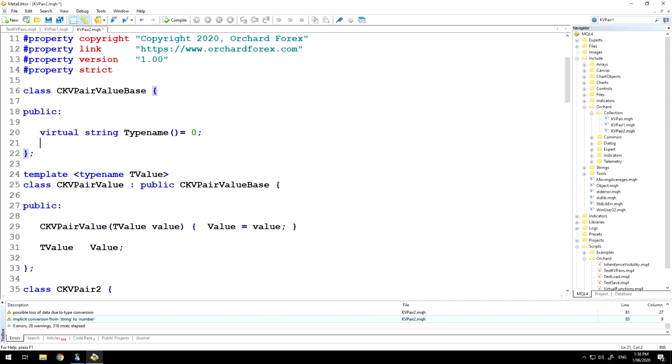And you'll see here that I've created a virtual function of type string. Instead of the usual syntax though, I've added this equals 0. That will define this type name as a pure virtual function, which means that any class that inherits from CKV pair value base must implement this. If you remember from other virtual functions, they could only exist in the base class if wanted, and there have been times where we've created subclasses that simply didn't bother to implement these because the functionality in the base class was enough. In this case, I'm forcing that to be